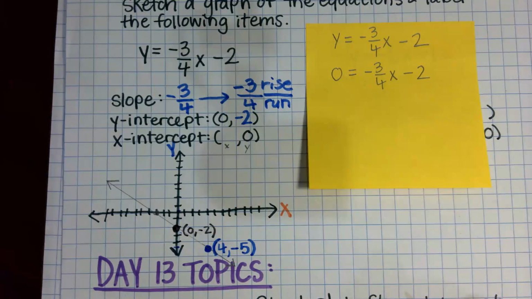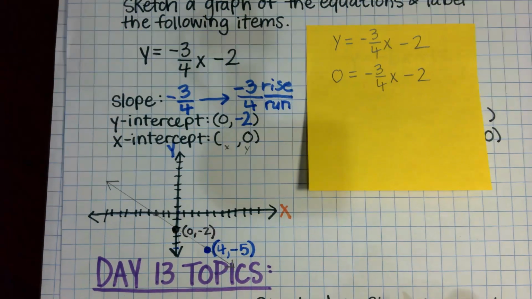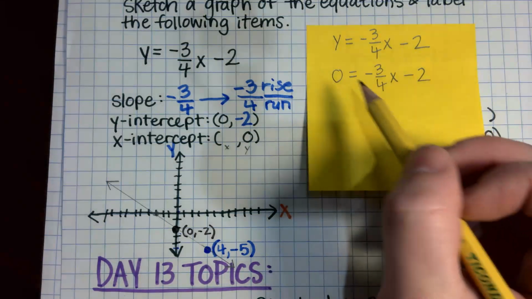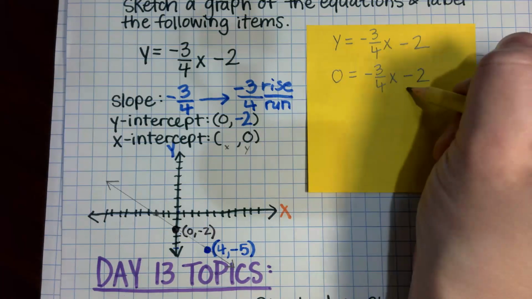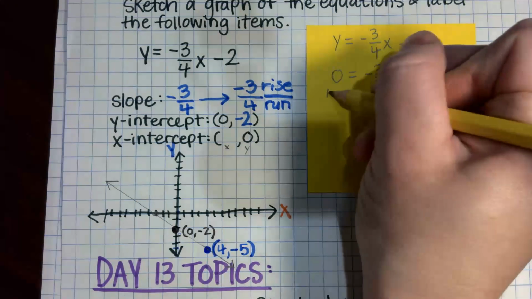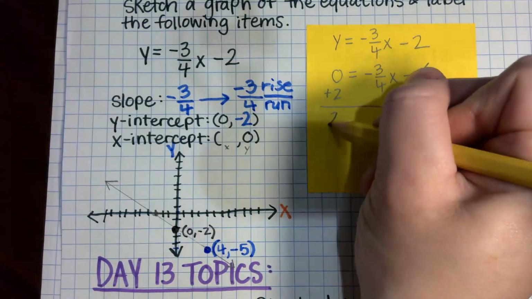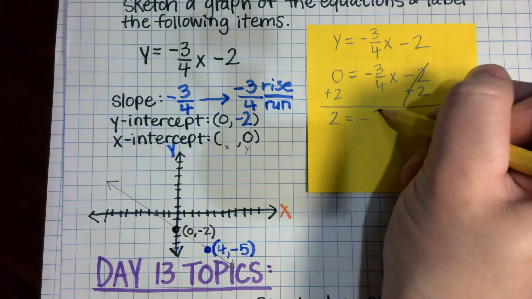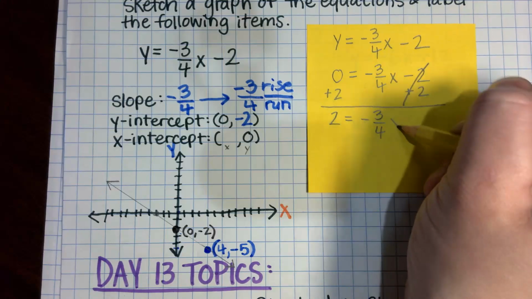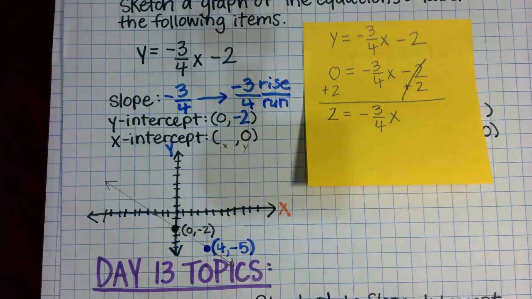Now it's going to be just like when we were solving equations in the last unit. We're just going to use our inverse operations and solve for x. So what would my first step be here? Plus 2. Yeah, plus 2. So we need to do that to both sides. Those cancel. Now we have 2 equals negative 3 over 4 x. We're gonna divide